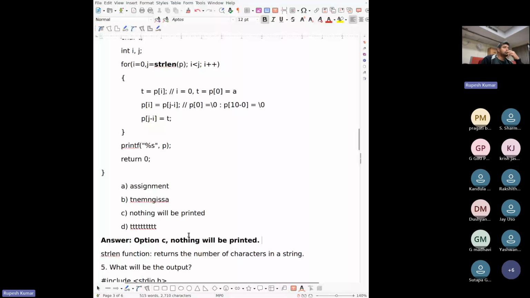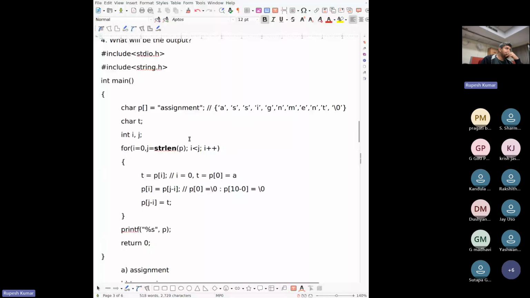Why? Because the first character in the string p will be \0, and for the C compiler, whenever you pass the percentage s string format specifier, it finds the first white space, which can be a blank space, any line change character such as \n or \0, and then it terminates the string at that point itself.